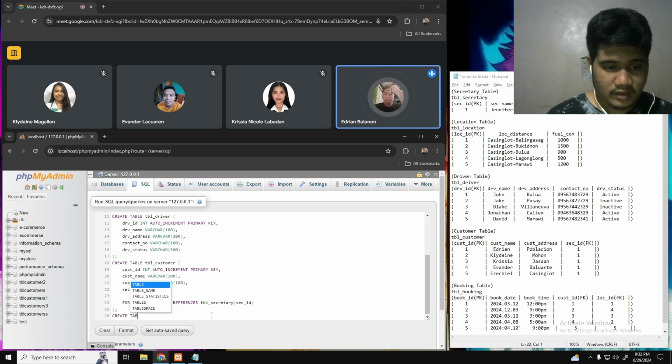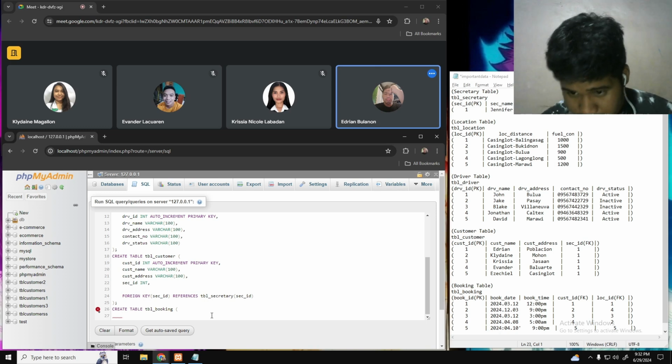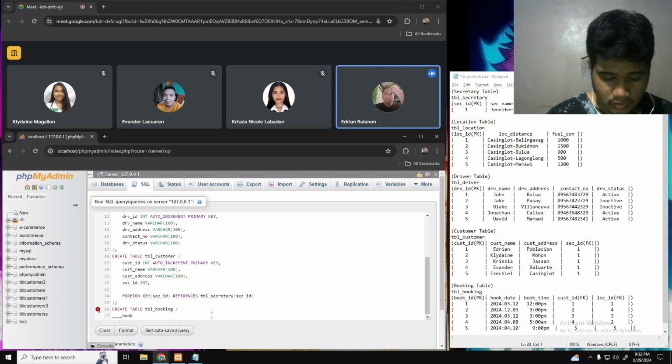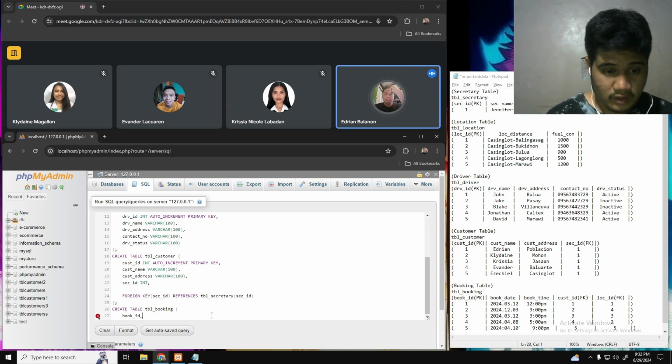Lastly, we're gonna create the booking table. So table booking. Then we're gonna create book ID, which is our primary key for this table. And then we're gonna put data type integer and auto increment and primary key.